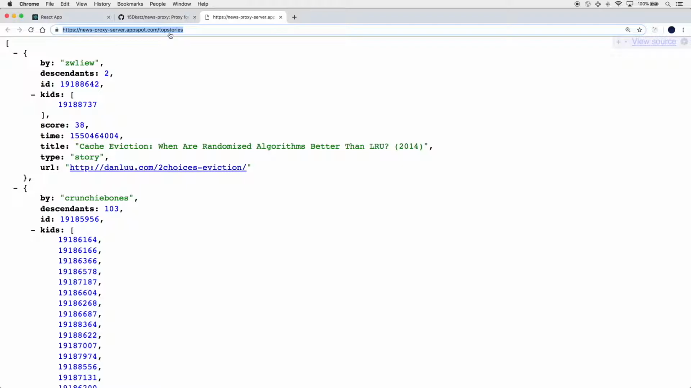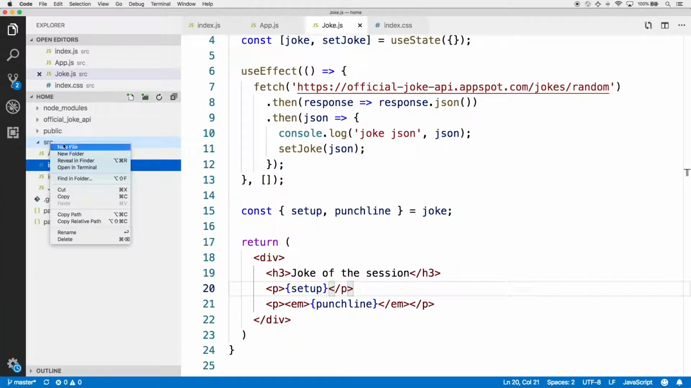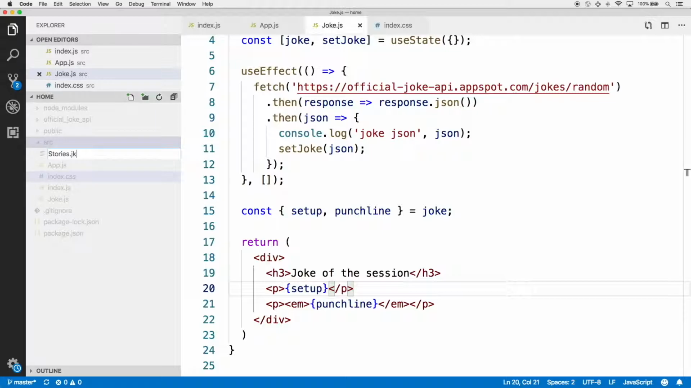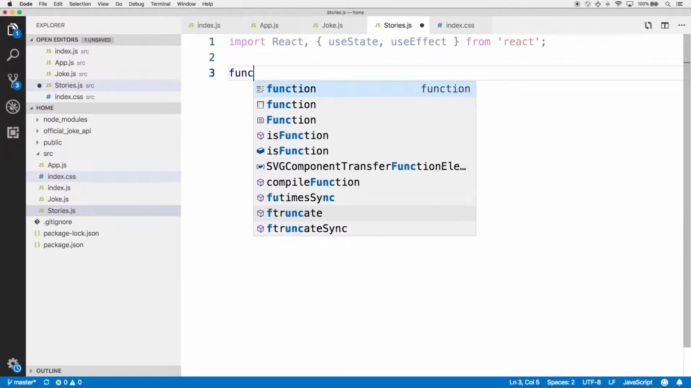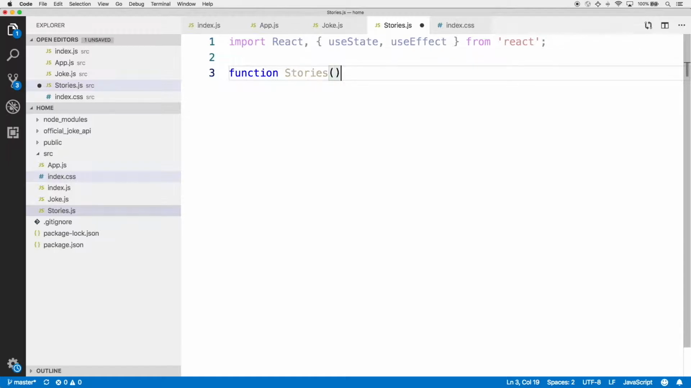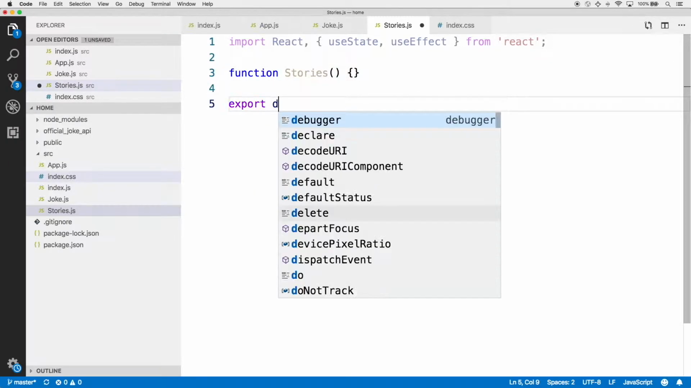All right, let's begin. Head back to your code editor and then create a stories.js file with a capital S. First up, we're going to import React as well as the hooks that we've used before, such as useState and useEffect from the React module. Then we're going to set up the stories component, and let's export this by default right away